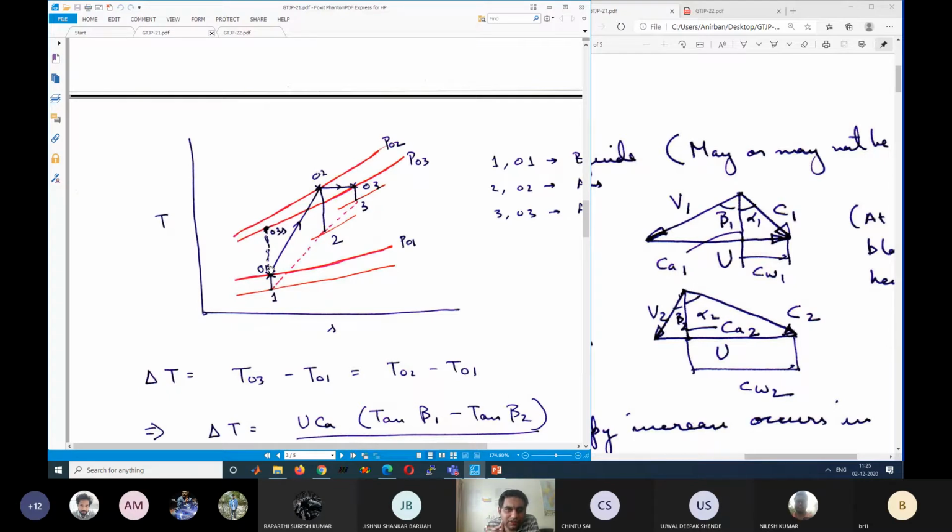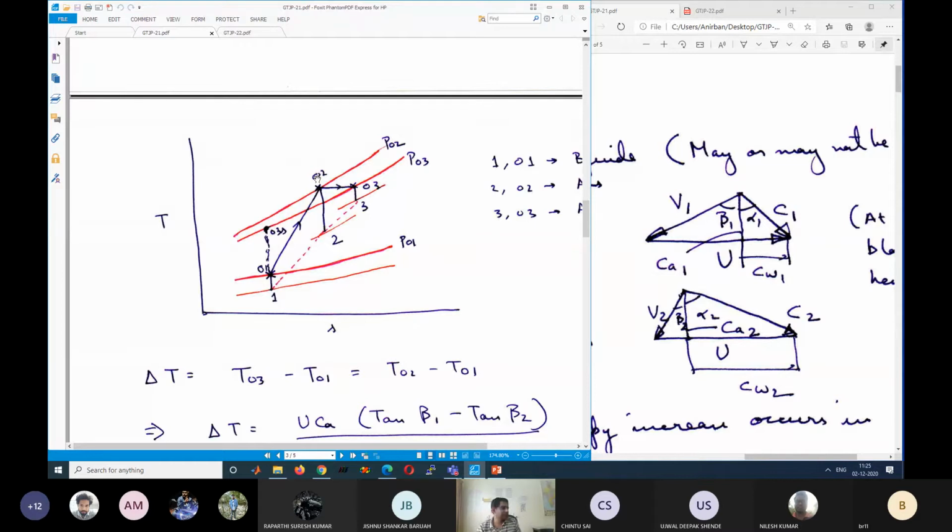Is it clear to everyone? These things we have discussed repeatedly. First law. So H02 will be much higher than H01. It means that T02 will be much higher than T01. So say this is the T02 point, and the pressure is P02. If the process has friction, instead of going straight isentropically, we'll go towards the right hand side. We have reached the right hand side and reached the pressure P02 and temperature T02 after the rotor.